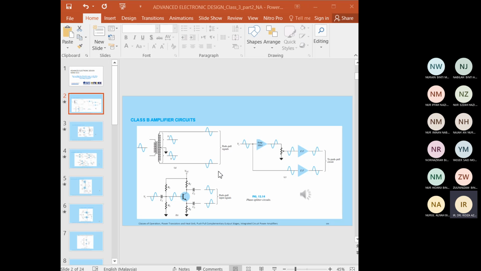Okay, as you can see in figure 12.14a, there are actually two outputs that can be obtained here using the push-pull signal. So we can have the positive and negative cycle on one side, and on the other side a negative to positive cycle. So there are two similar stages that can be used, each operating on alternate cycles because of the